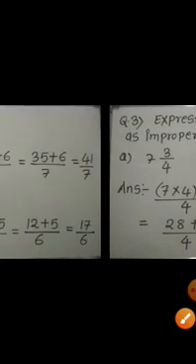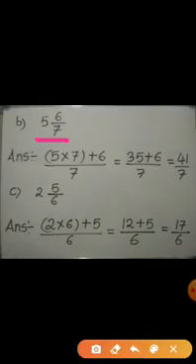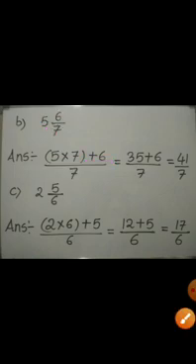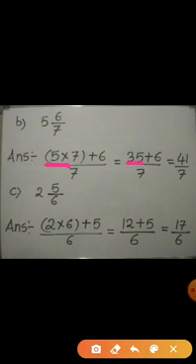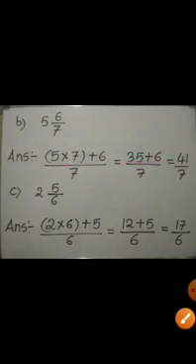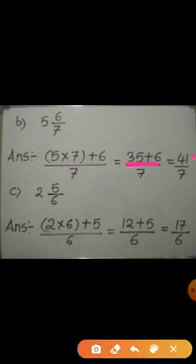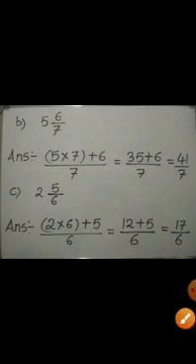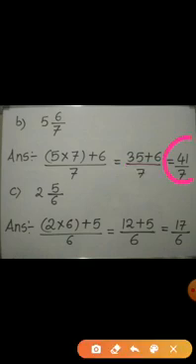Now coming to the second example, mixed fraction is 5 and 6 by 7. Again, to express this mixed fraction as an improper fraction, first we multiply the whole number and denominator. So it's a 5 into 7. Then we add numerator to it, plus 6, and denominator will be same, which is 7. Now 5 7s are 35 plus 6 and denominator will be same, which is 7. 35 plus 6 is equal to 41 and denominator will be 7. Hence the improper fraction is 41 upon 7.